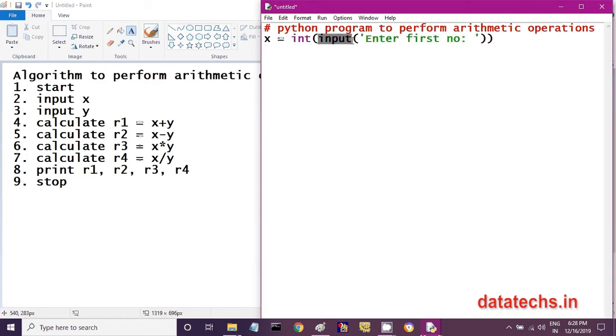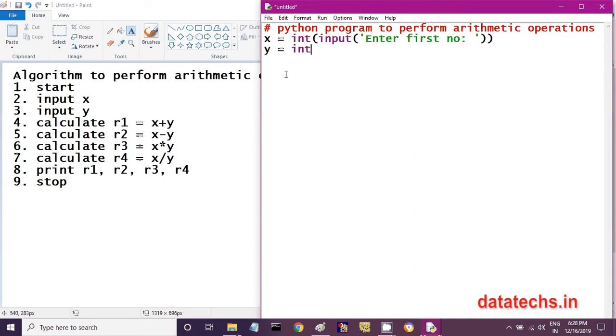String means it will take the number as characters. Suppose you are giving a 10, 1 is one character, 0 is one character, 2 characters it will take. So those two characters are converted into integer by this int function, and then this int function returns that integer number into x.